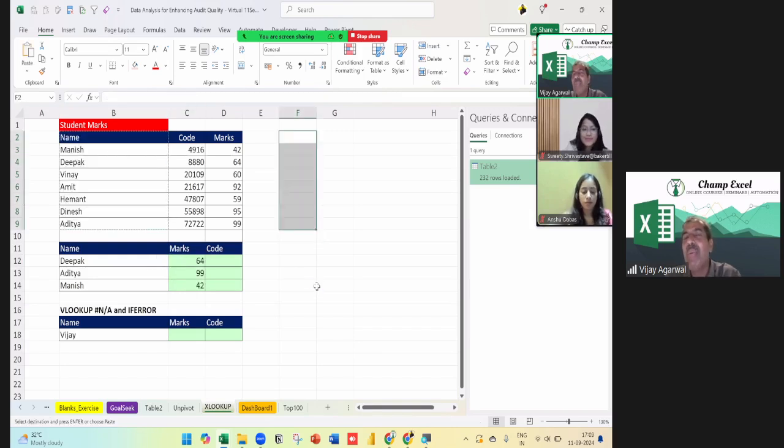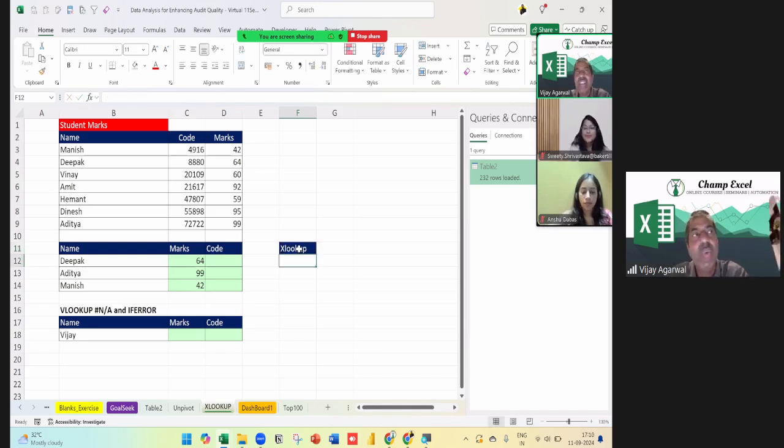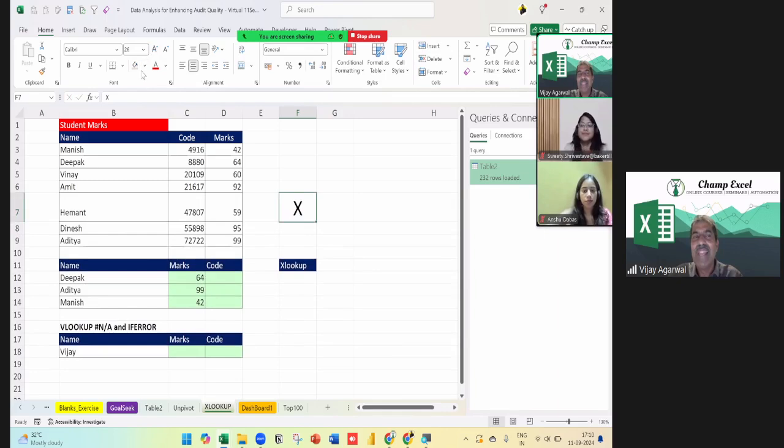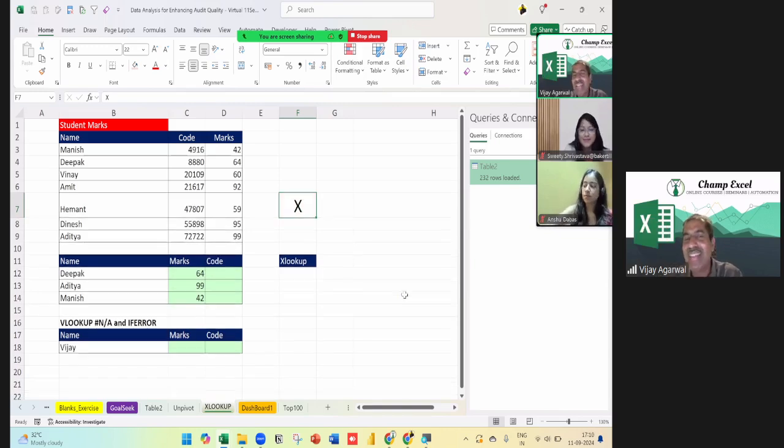All these problems have been taken care of by XLOOKUP. XLOOKUP is the combination of VLOOKUP as well as HLOOKUP. There were two formulas, VLOOKUP and HLOOKUP, but here we can do it with the same formula, XLOOKUP. There is no single side you can go. If you look at the X, you'll see this X is four-way: top, left, right, everywhere. But we can go only one way, so XLOOKUP is a four-way thing we can do.